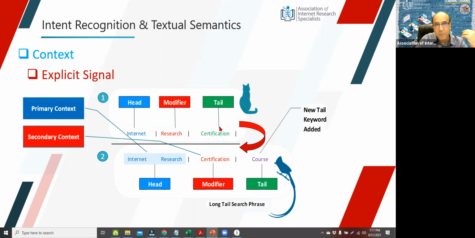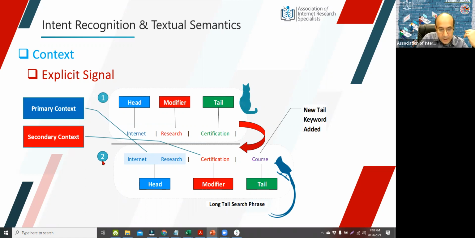We hash it out so that we want the researcher to make sure that they don't play too much with the head and the modifier. But the tail, they can add more context to. In fact, if you look at the sense in which it is used, tail is really giving better context or better meaning to the first two words. So tail is really supporting the head and the modifier. Similarly, a modifier is supporting the head. Head is what is constant. So tail, you can add more words to, and you can eliminate. Now,